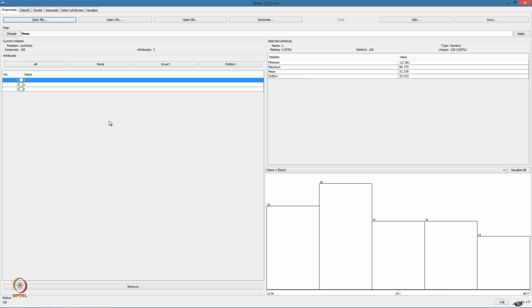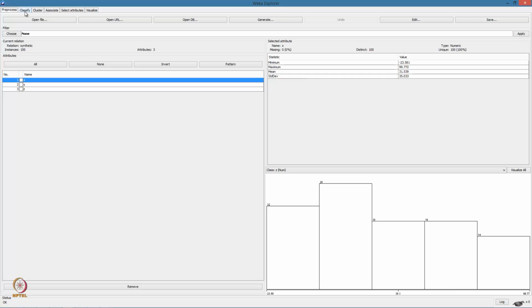Right, a lot of things to notice here. First of all, at the top we have these tabs which allow us to specify different actions. So the first tab is pre-process, where we can do different pre-processing activities such as normalizing the data, filling in missing values in case the input has missing values, and so on. Under the classify tab are listed all the supervised learning algorithms, that is both classification and regression algorithms, which we'll